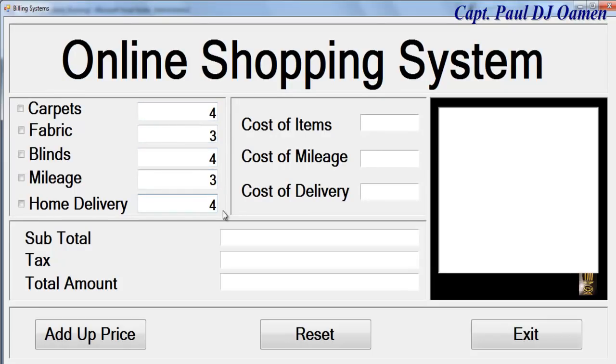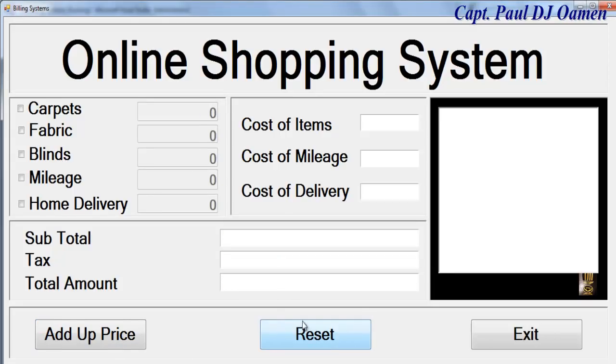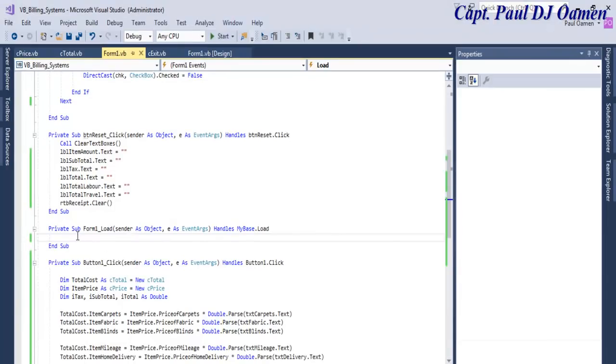So that is the amount of item that we want. You see that you add this and this together, that's what you get. Okay, try one thing out. We're going to use this. You see that works. So I'm going to exit, go back onto the system, and right here inside form load,